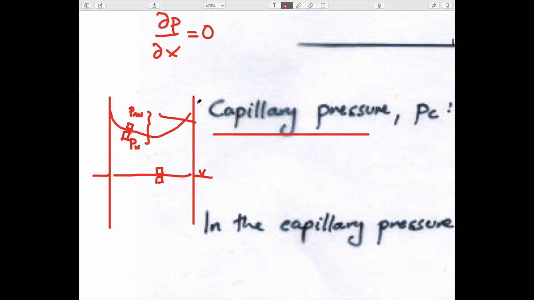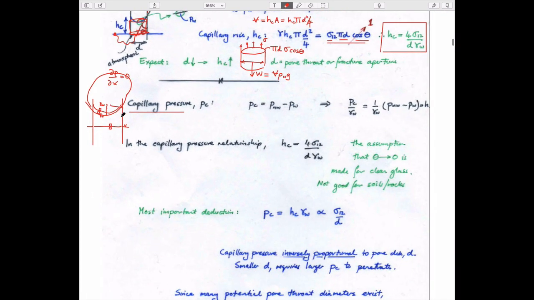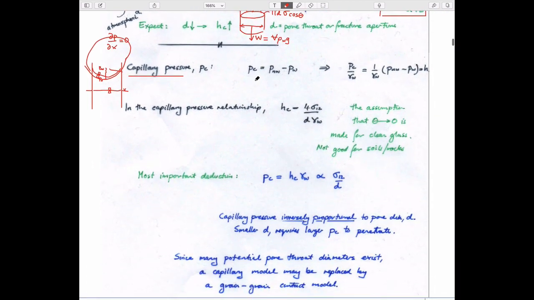If you think of this here as a very big bubble, which goes up here, etc., then that's exactly the behavior we have. And so what we can do is define this difference in pressures called capillary pressure, and it's the difference by definition, the non-wetting fluid pressure, the gas in this particular case, minus the wetting fluid pressure, the water. And we can define this by merely dividing this by the unit weight of the water. And this term here is actually equal to